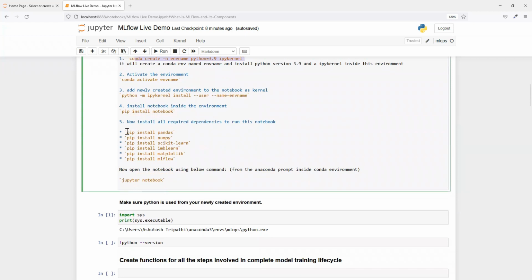And then later you can install all the dependencies required like pandas, numpy, scikit-learn, imblearn, matplotlib, and MLflow. So these are mainly used for model training. That part I will quickly cover because today's agenda is mainly to explain MLflow. I'm hoping you just install all these libraries and then install MLflow as well, and then from